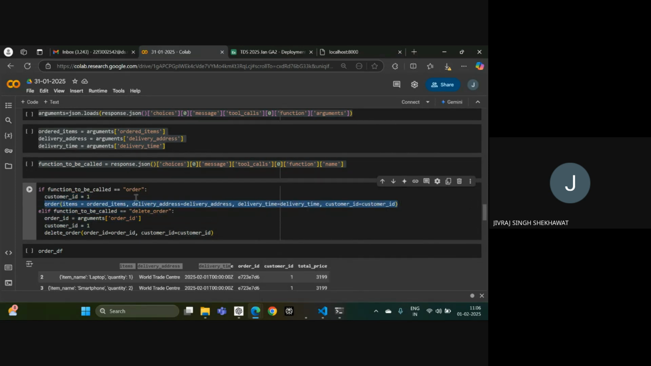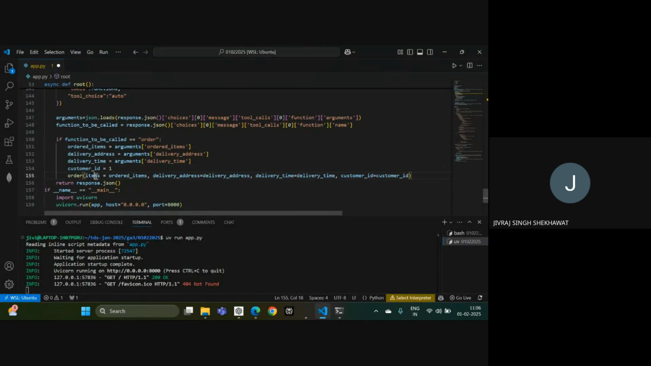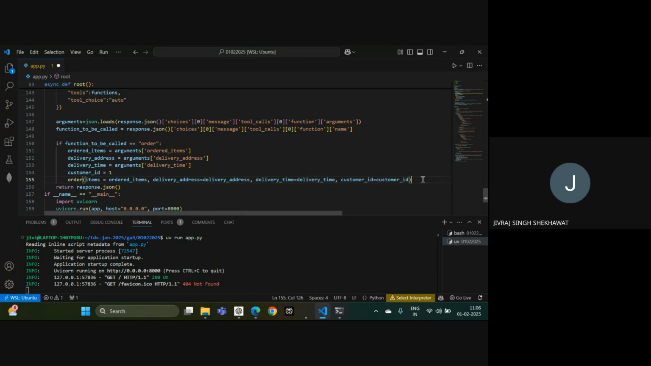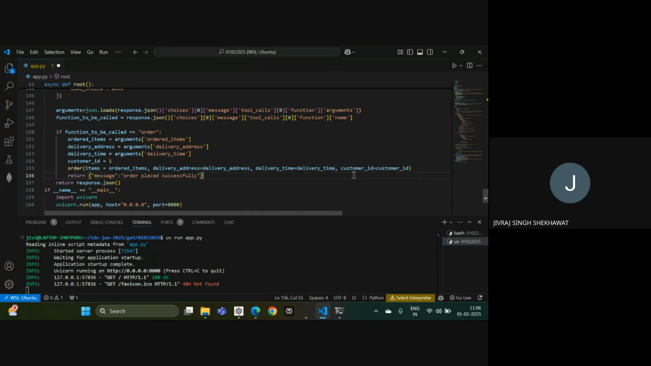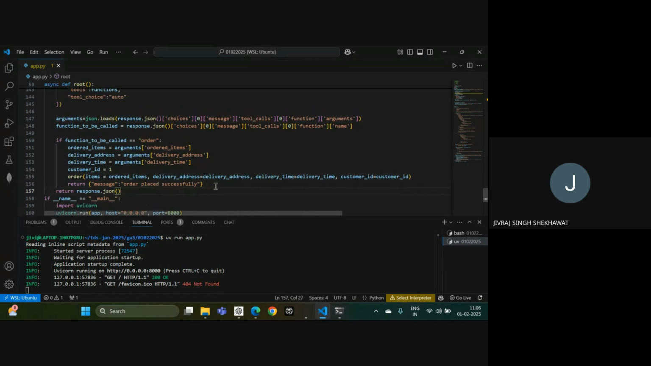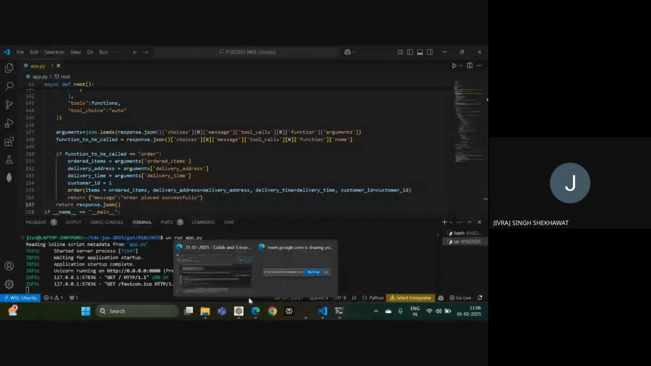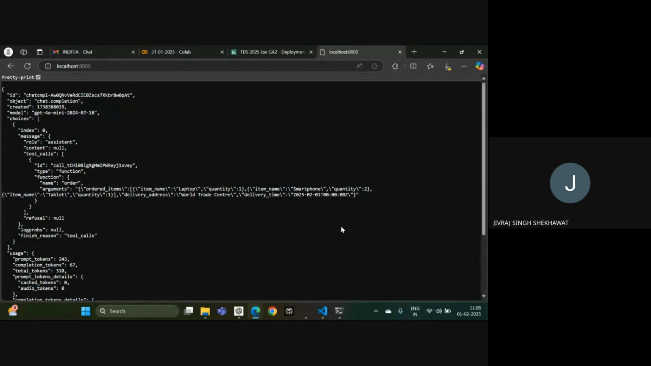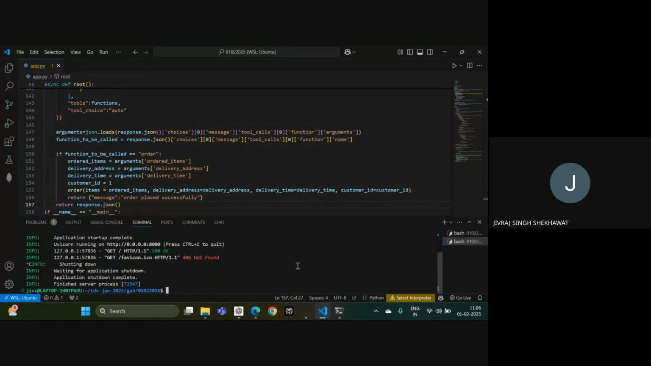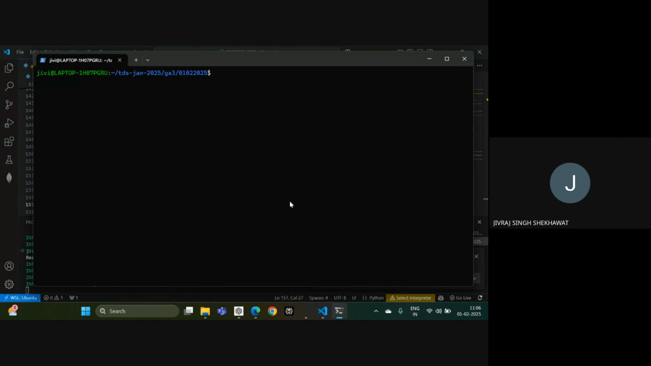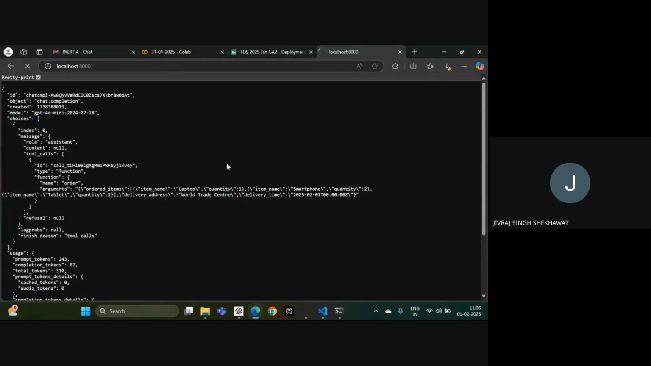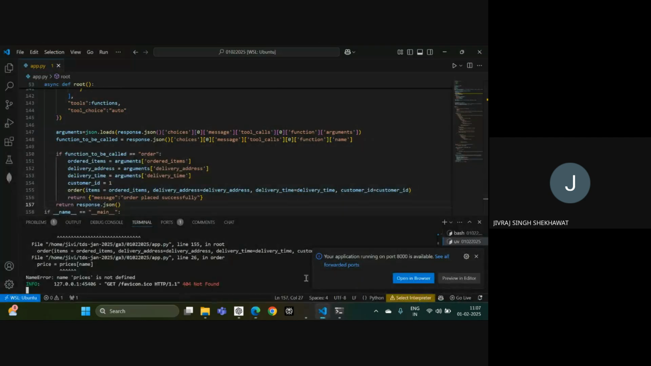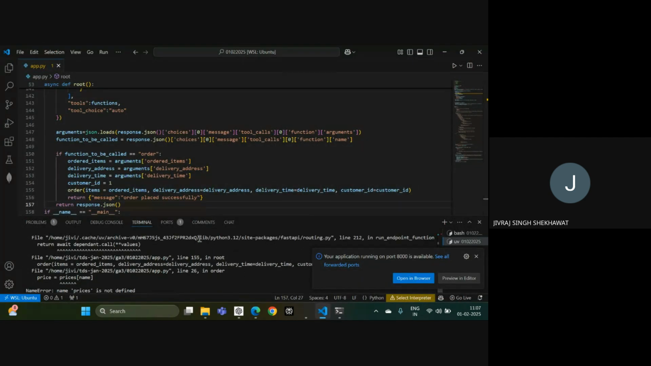And then I will actually make a call to this particular function, which takes these items, and then it takes the delivery address and then the delivery time when it needs to be delivered. And let us say we want to return that the order was placed successfully. So now whenever I go back here, first I will have to rerun the uvicorn server, I think. And now I will just refresh this particular page. And okay, internal server error. Let us check. Prices is not defined. Okay, so prices is the dictionary that I need to copy from here,